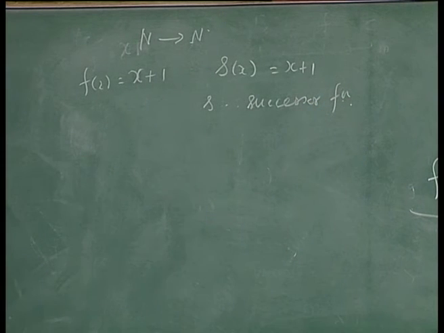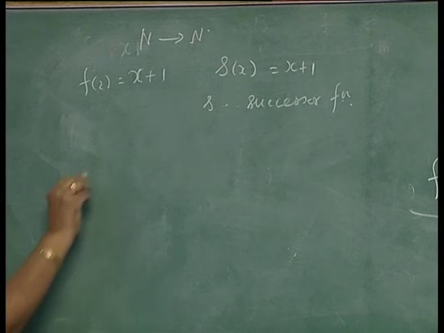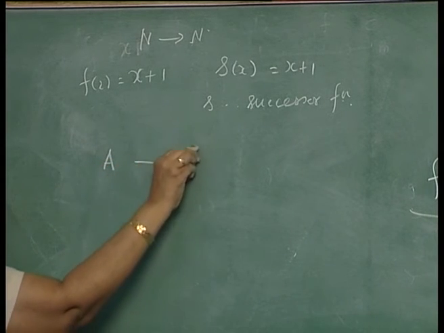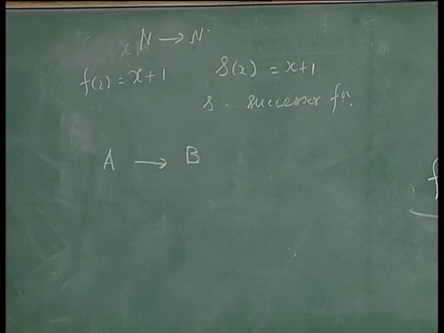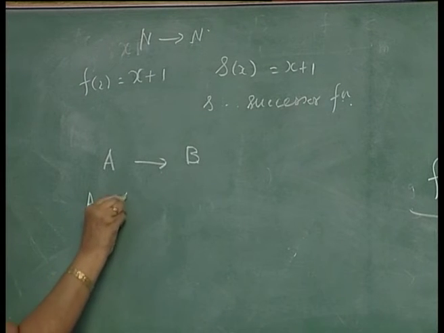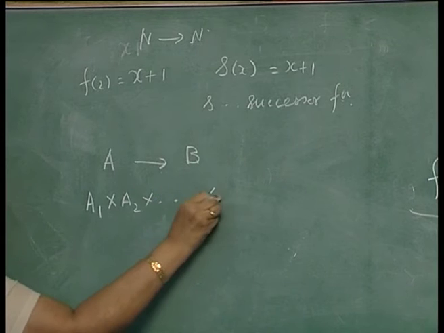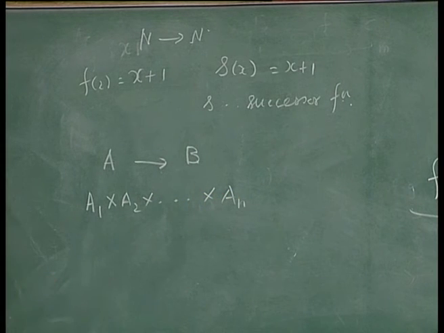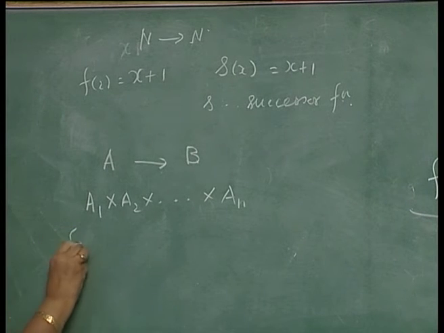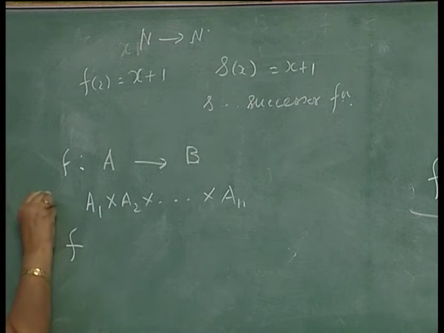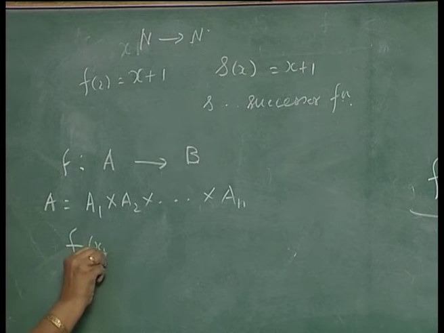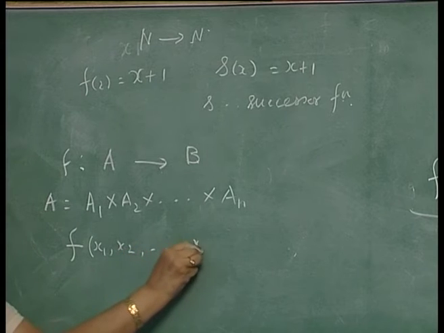Then making use of this, we can define addition. Now, one more point I want to mention is, usually we have taken the function from A to B. Now, A could itself be a tuple. I mean A could be like this, A1, A2, ..., An. It could be a Cartesian product of n sets. Then you define the function like this, f is from A, then you say f of x1, x2, ..., xn is equal to b.